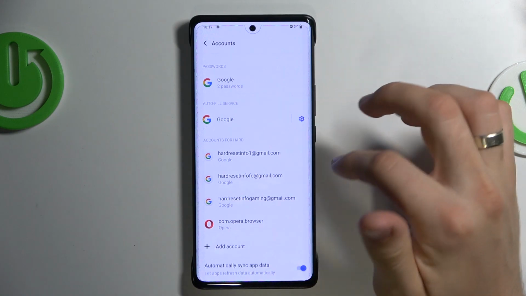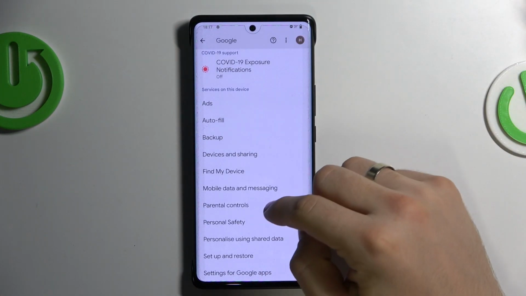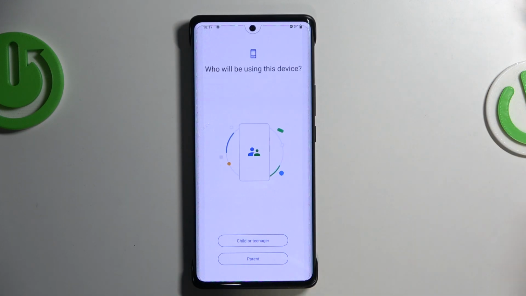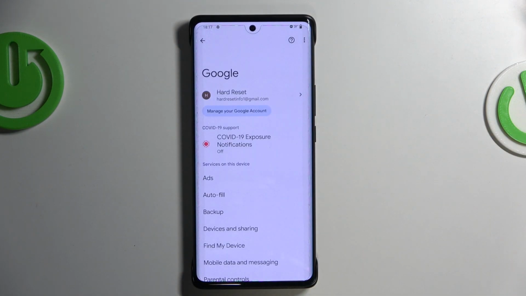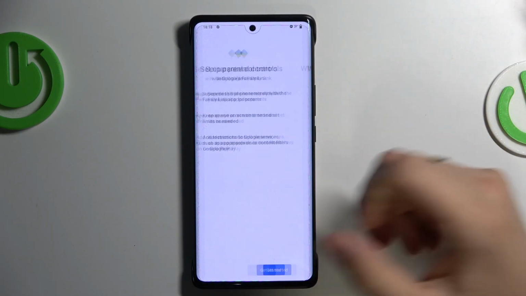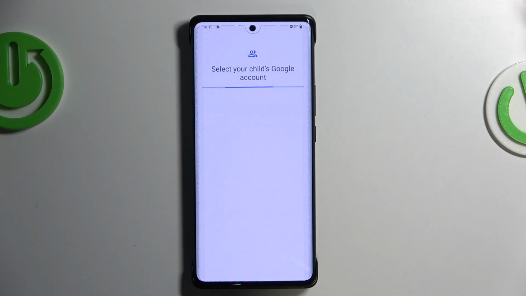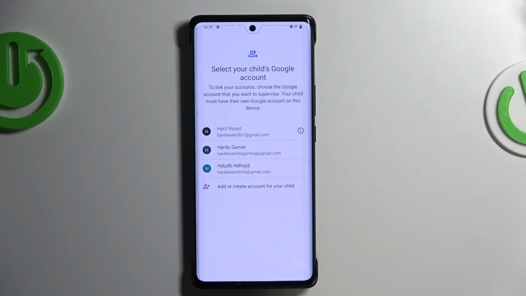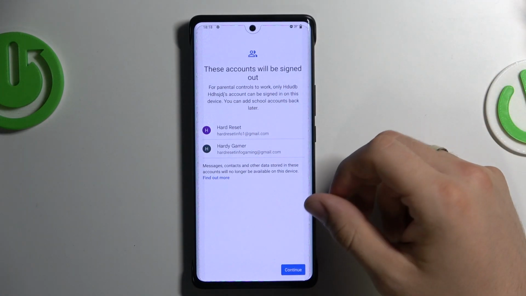So fine, now go back to the settings menu, find here Google, click on it, scroll down, click parental controls, click get started, child or teenager, click next. Try again, parental controls, get started, child or teenager, click next. And cool. Now just click on child's account and